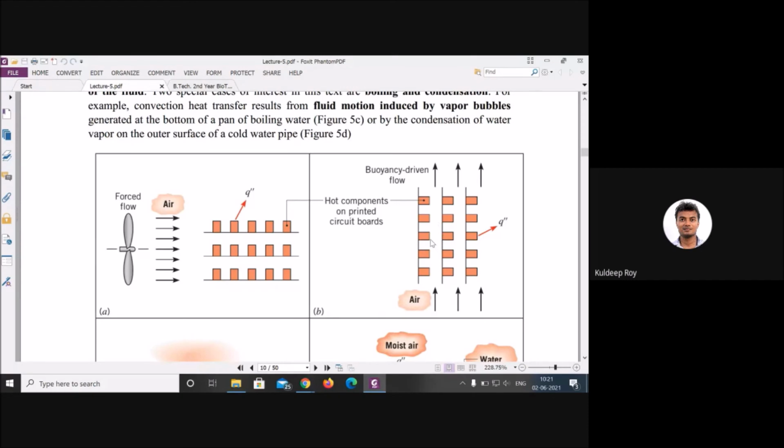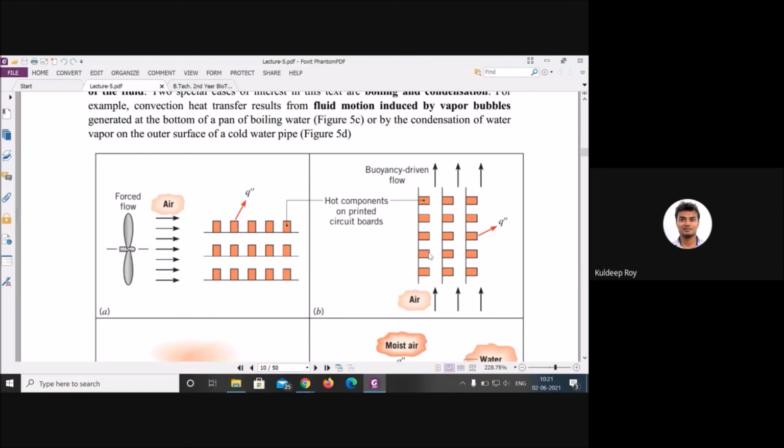This is based on density. When you heat this surface at this particular region, the density around the surface will be very low. Due to the lower density, or density difference, the lower density air will move in an upward direction. This is called natural convection. Without applying any external force, it will move in the upward direction, which is called buoyancy driven flow. Buoyancy driven flow means density will be very low.